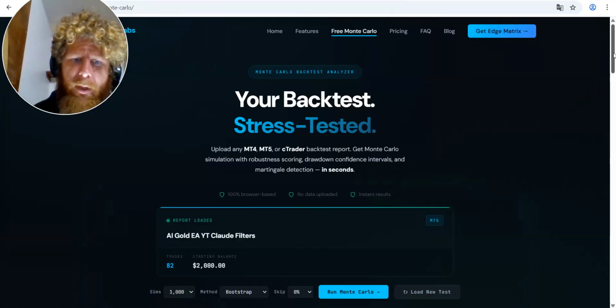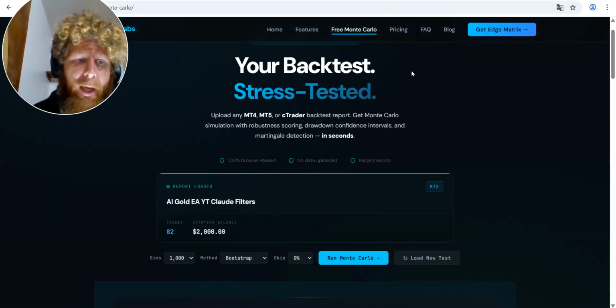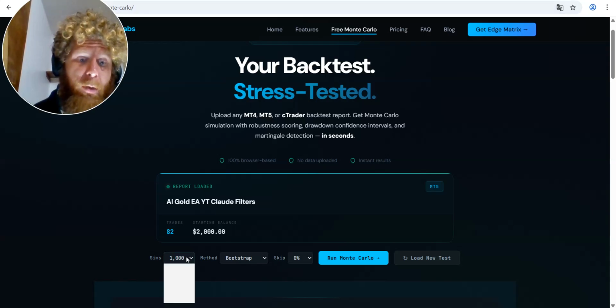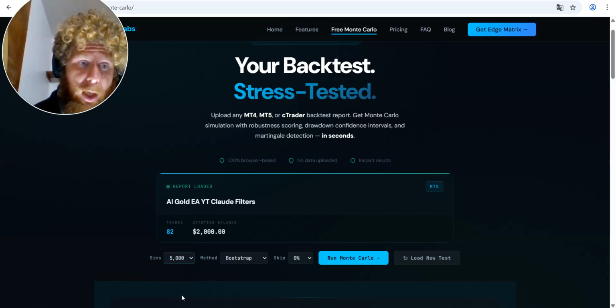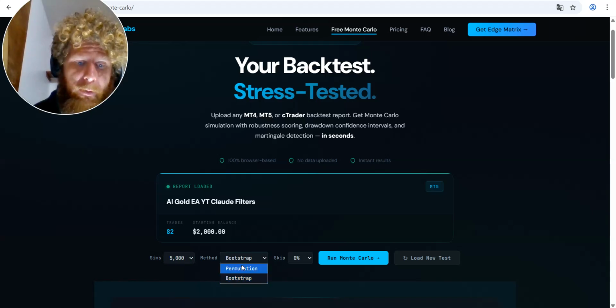You just load it here in the free Monte Carlo test. I highly recommend you check this out, because there is no other online Monte Carlo test that can test for Forex and for cTrader especially, but for MT5 and MT4, there is nothing like this, where you can just go to the website and it does a complex Monte Carlo analysis. And actually, one of the other things that you can do, and now we are going to do it,